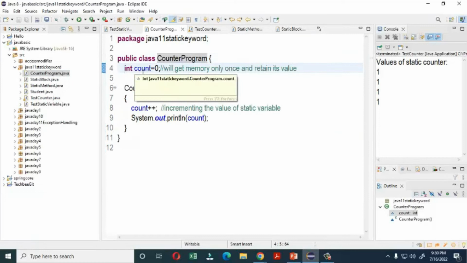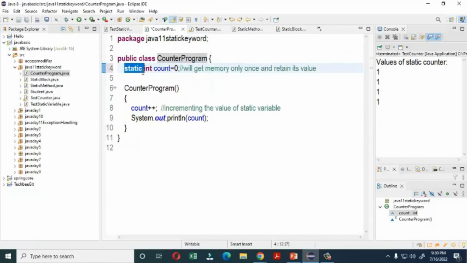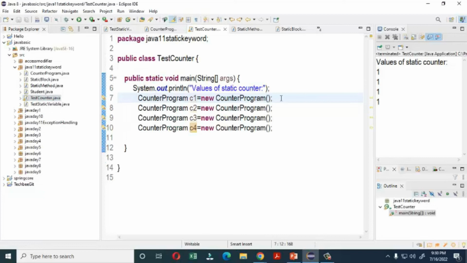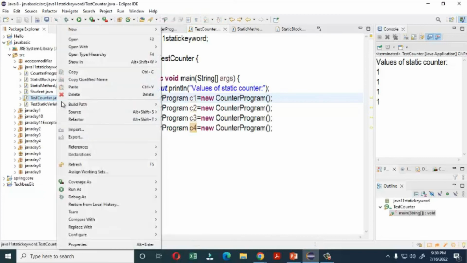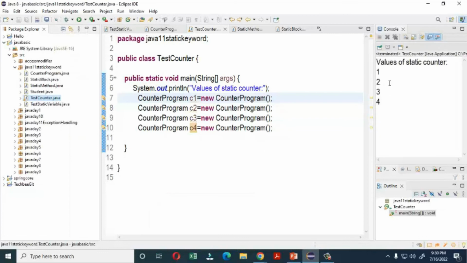Now if I define the variable with the help of the static keyword, let's try it again. I run it here. Let's see what will happen. Now here you see that when I have defined the counter with the static keyword,